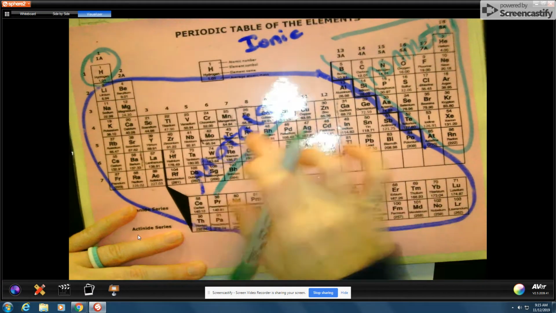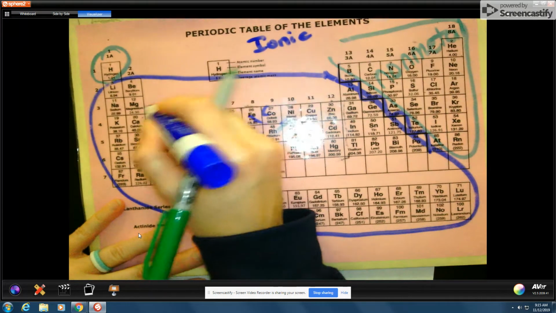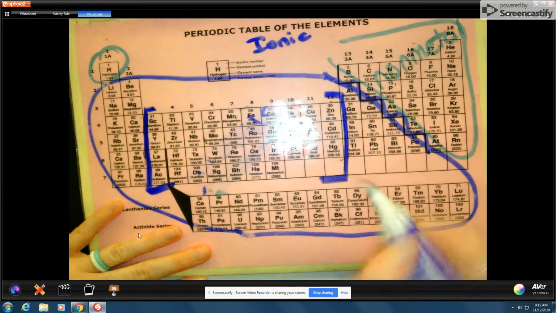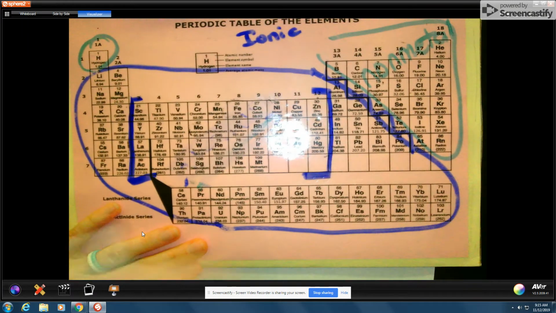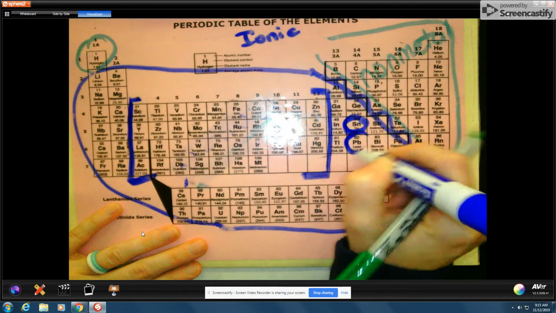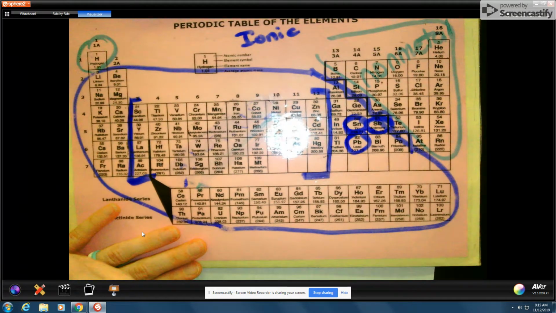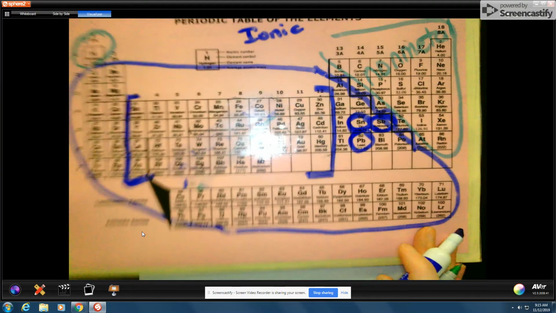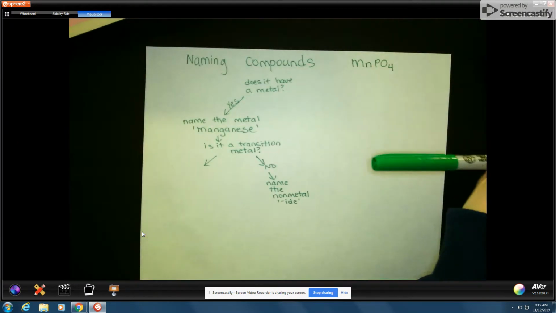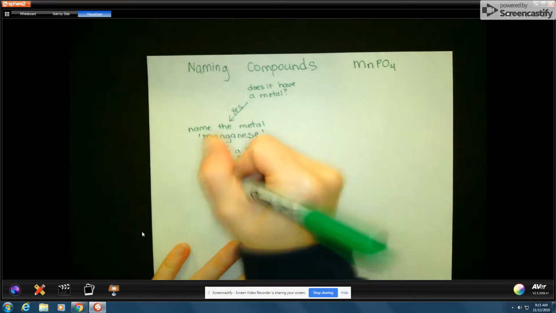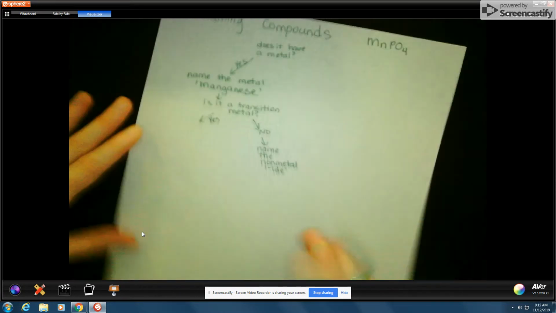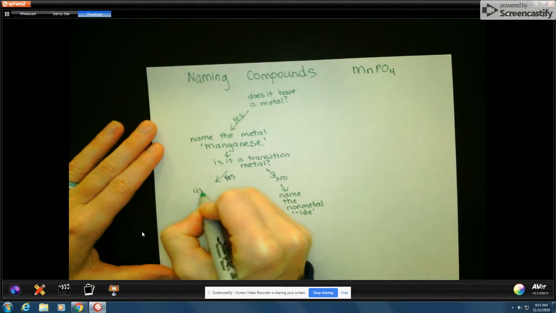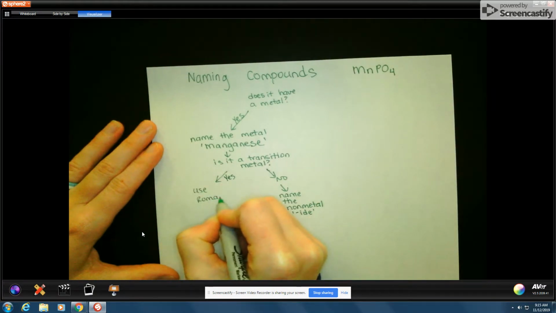And just to review where your transition metals are at, it's this area right here. If there's anything in that area, then you need Roman numerals. Now there's a few over here as well that you have to be careful with, and they actually do get Roman numerals, but you're not tested on those right now. All right, so is it a transition metal? The answer is yes, it is. All right, so I'm going to have to use Roman numerals